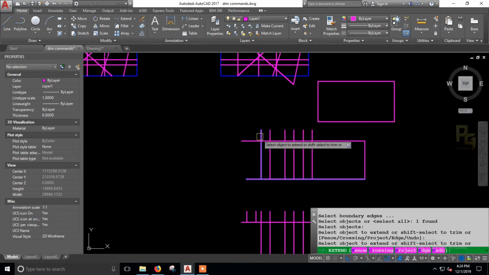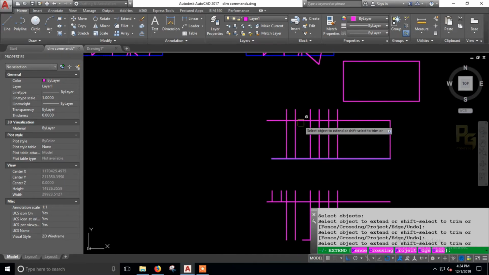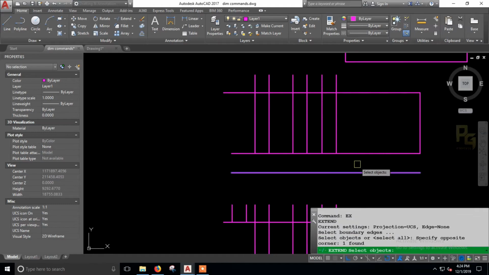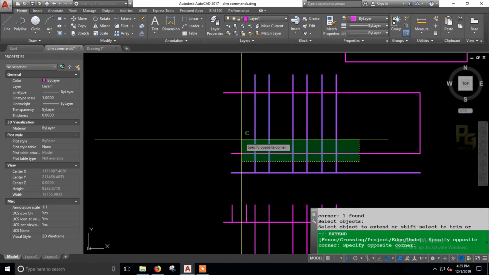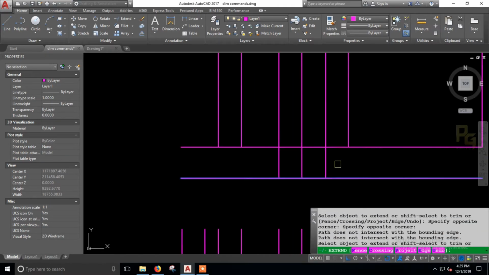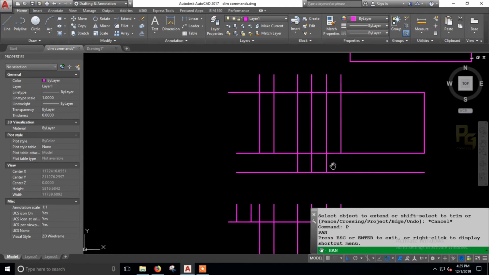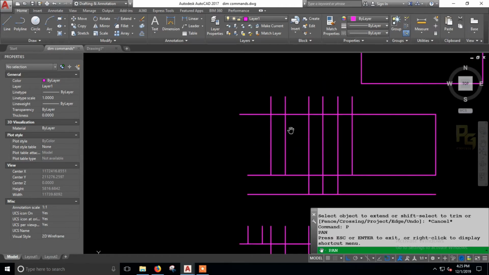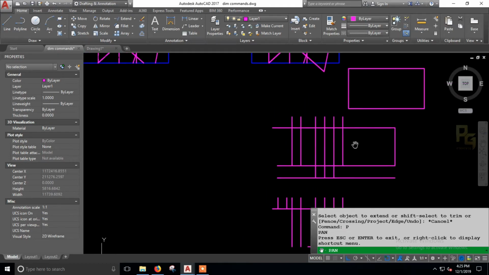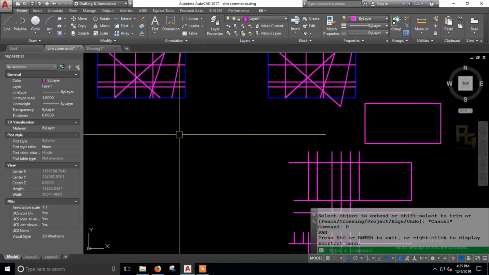So I am selecting the object and entering, and I am selecting which objects are to be extended. This allows you to extend with respect to one line. So you can see it again. I am using the extend command, selecting the object and entering again, and dragging the lines which need to be extended like this. So it naturally extends your lines to the reference point. For trim, it cuts the remaining portions with respect to the line which we selected, right? So this is the difference between the extend and trim commands.